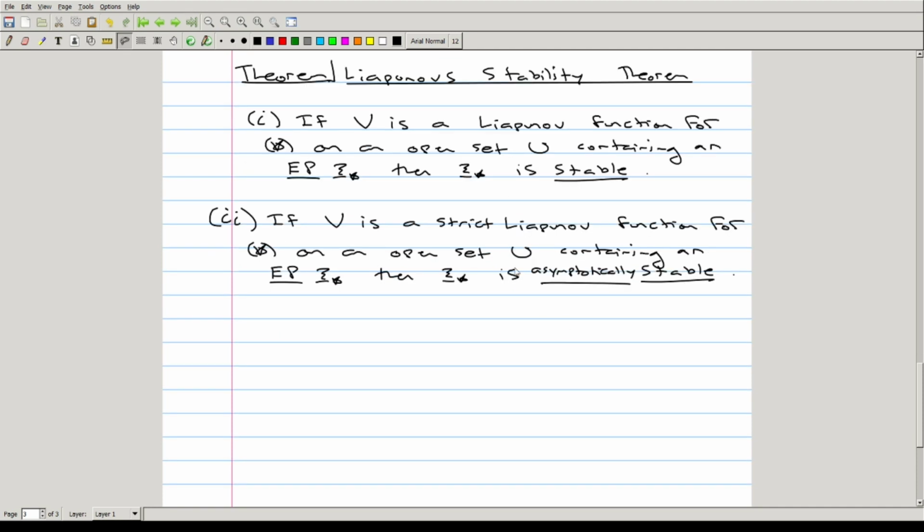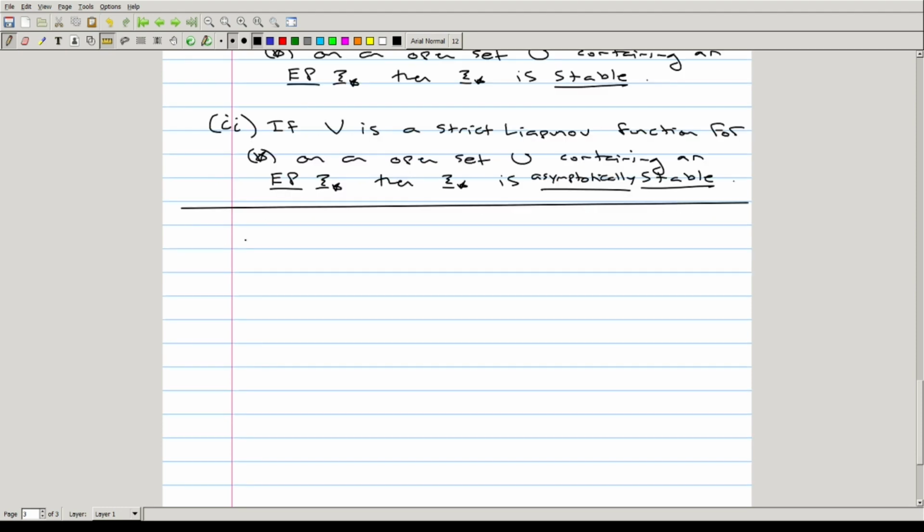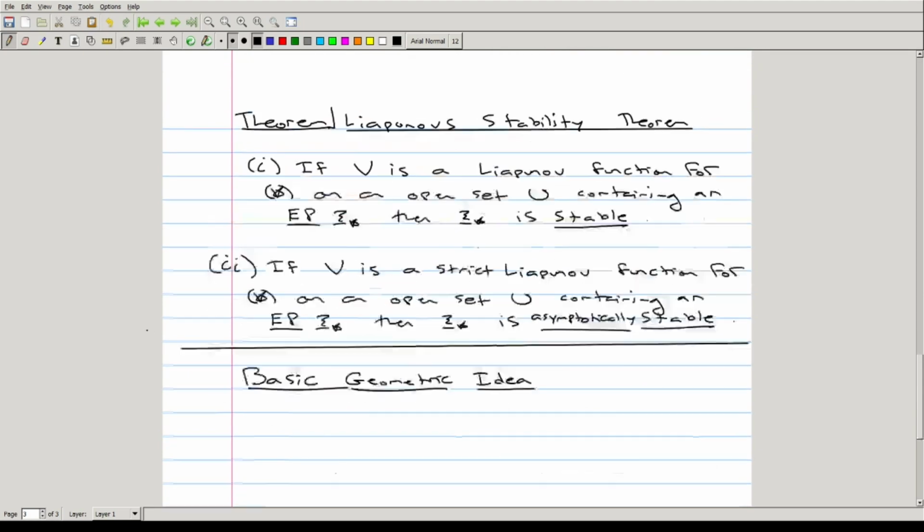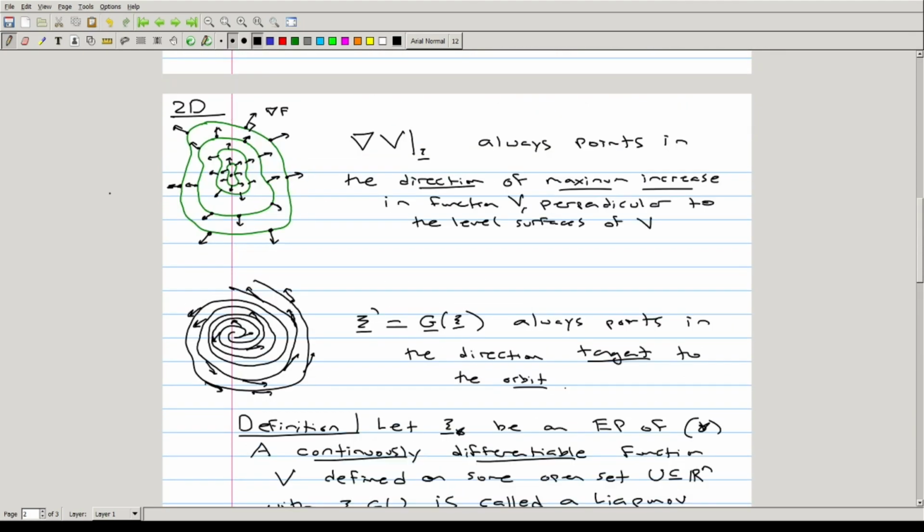And I'll go through and prove the first part of this. Both of these are in our book, but I'll prove the first one. The second one's a little bit more involved. But before I go through and prove these, I'll write down the basic geometric idea here in 2D. And that is that if you have an equilibrium point like this,